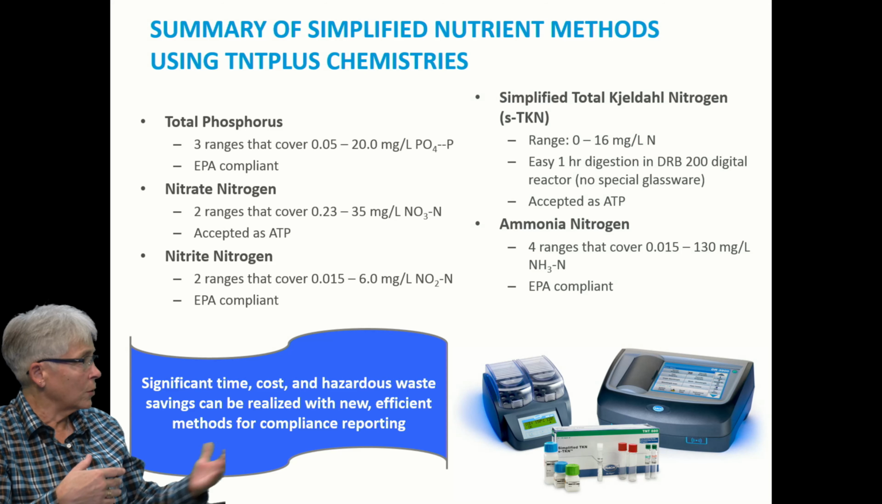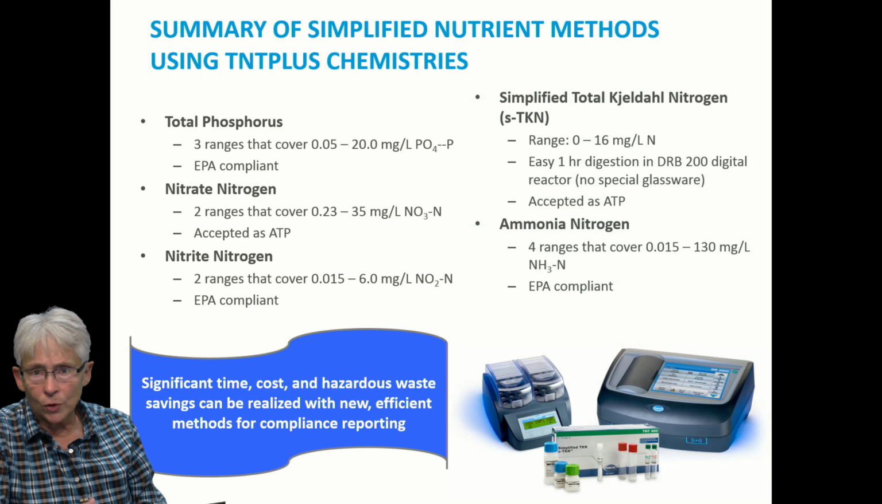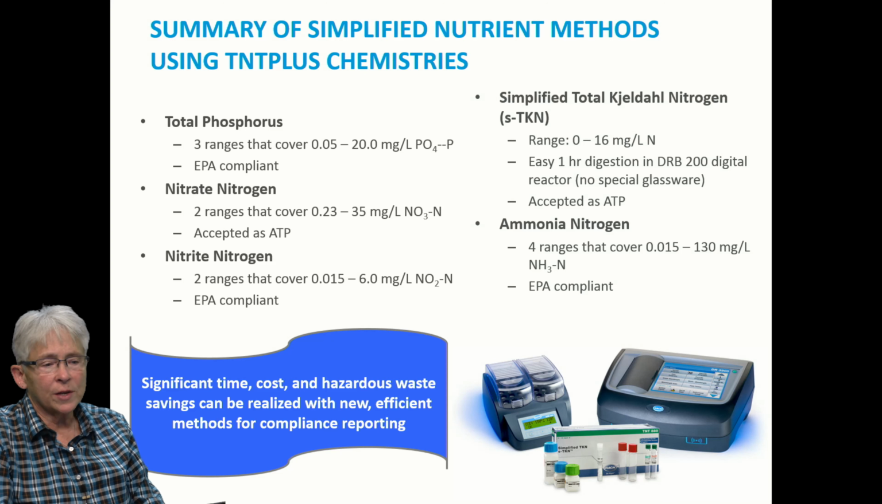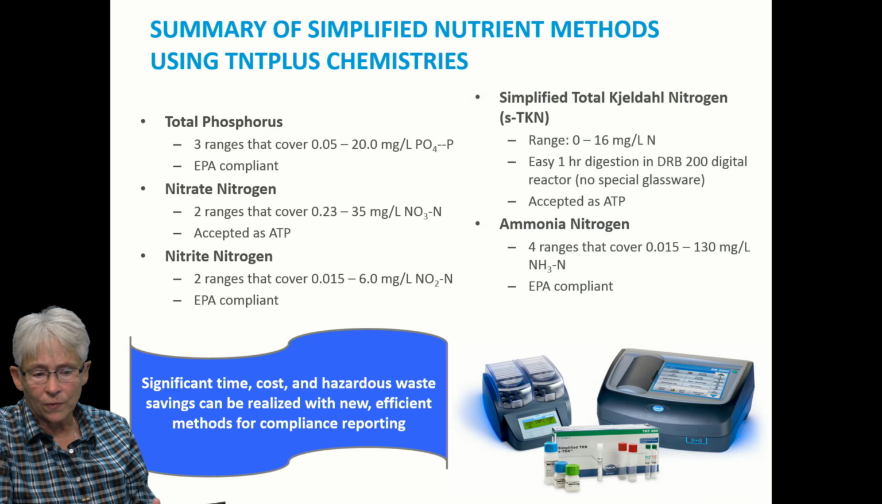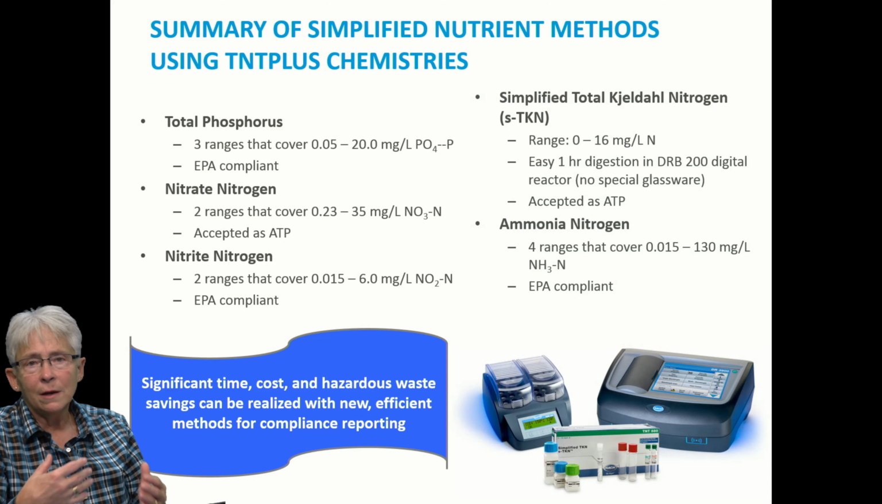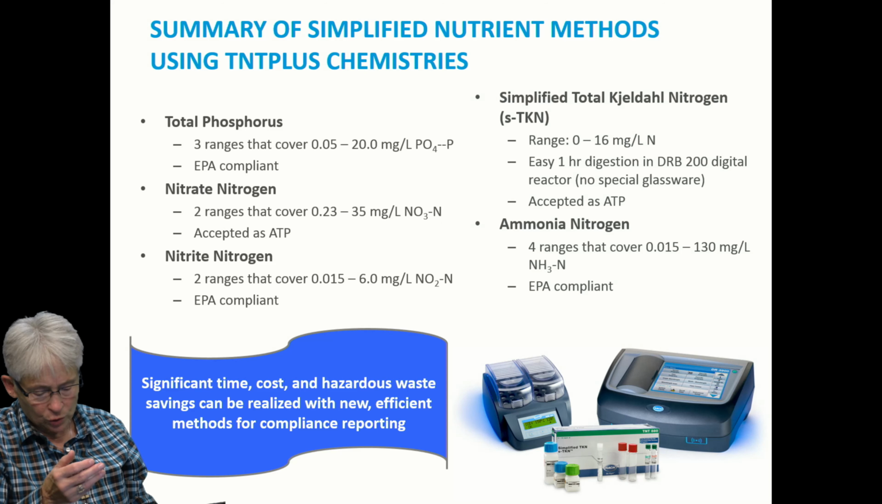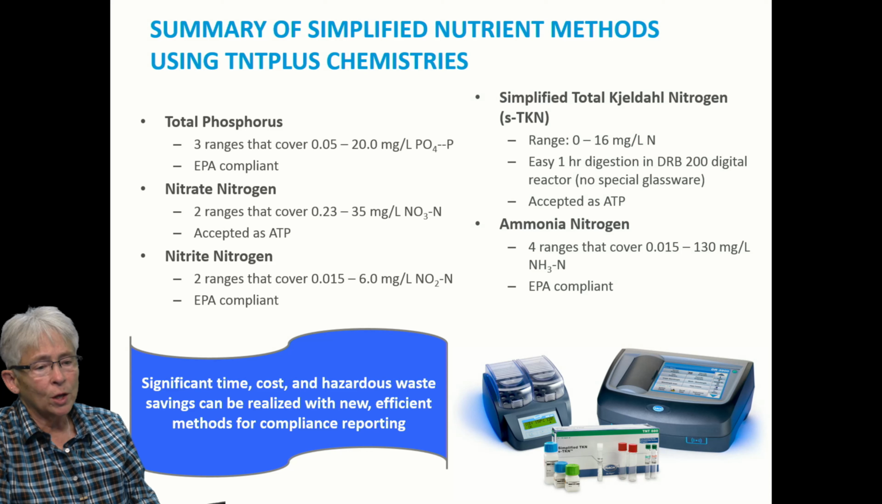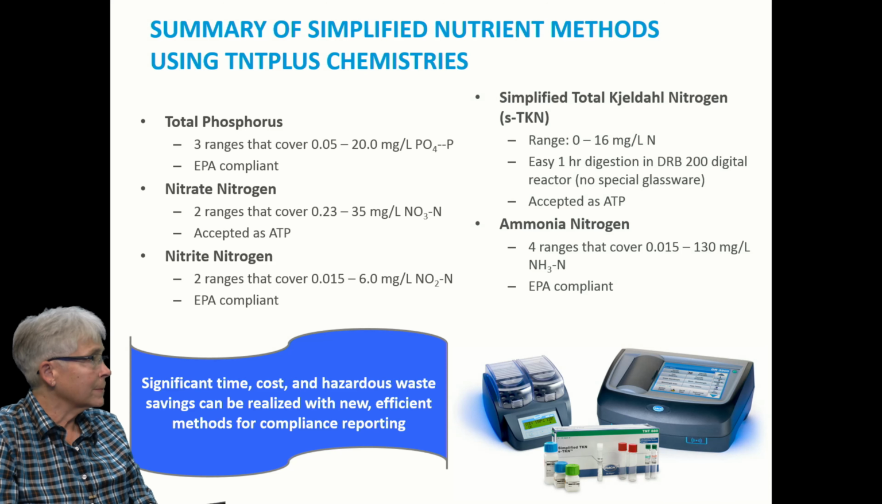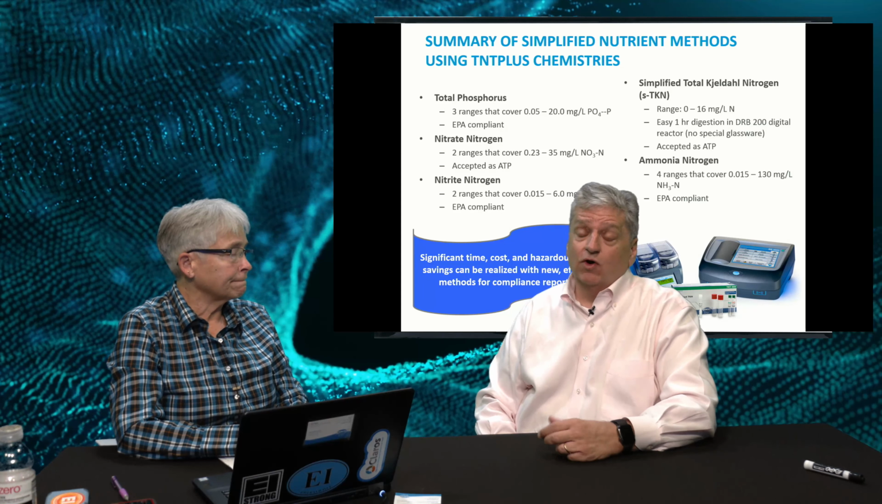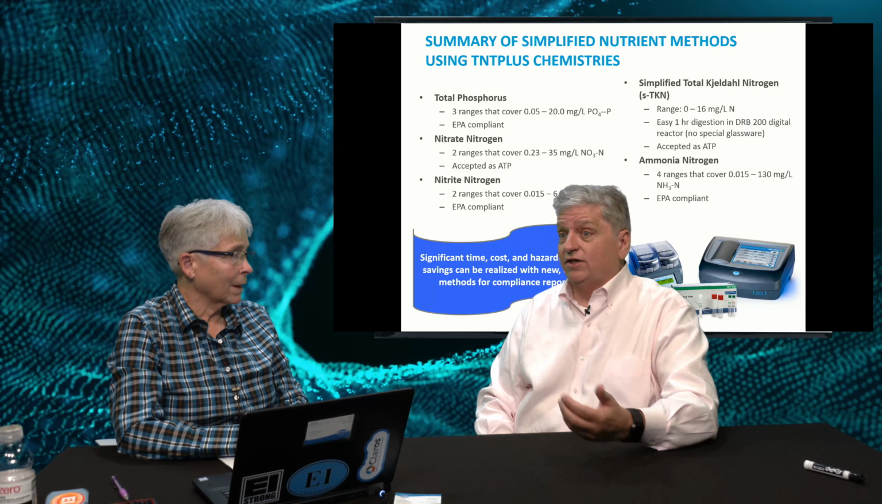And as their budgets grow, they're able to add ammonia probes, ammonia analyzers, phosphorus analyzers out there. But our TNTs, we have phosphorus, we have nitrate, we have nitrite, you have the simplified TKNs, the ammonias, various ranges. So these are great tools for folks to be able to use within the laboratory to help control their plants. And really, it's a great place to start, because not only do they need the budget,